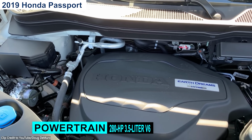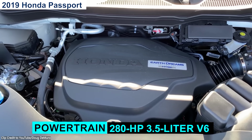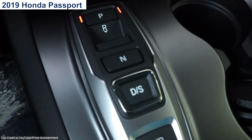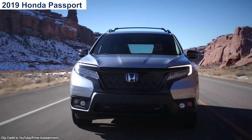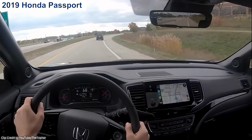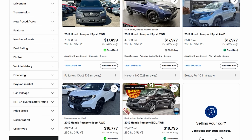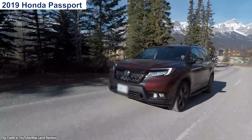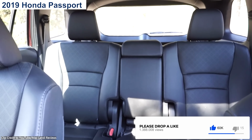Under the hood, it packs the same 280 horsepower 3.5-liter V6 and a smooth 9-speed automatic transmission found in the Pilot, delivering a driving experience that's as consistent as it is powerful. You get a respectable 21 miles per gallon combined, making it a solid option for both city commutes and highway trips. And if you're in the market, you can find a decent ride just under $20,000. It may not be the most exciting ride, but it's a solid 2-row crossover you can rely on for the